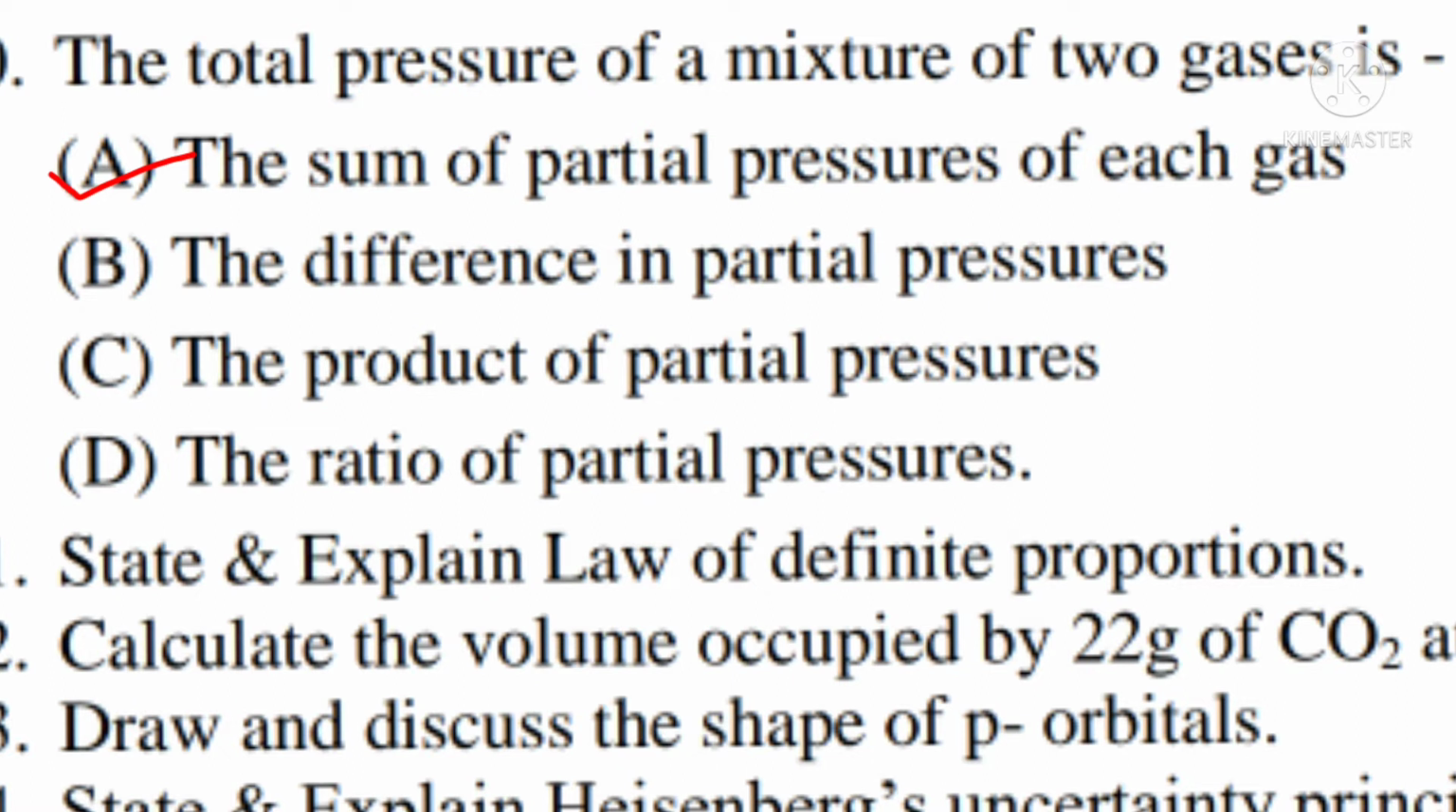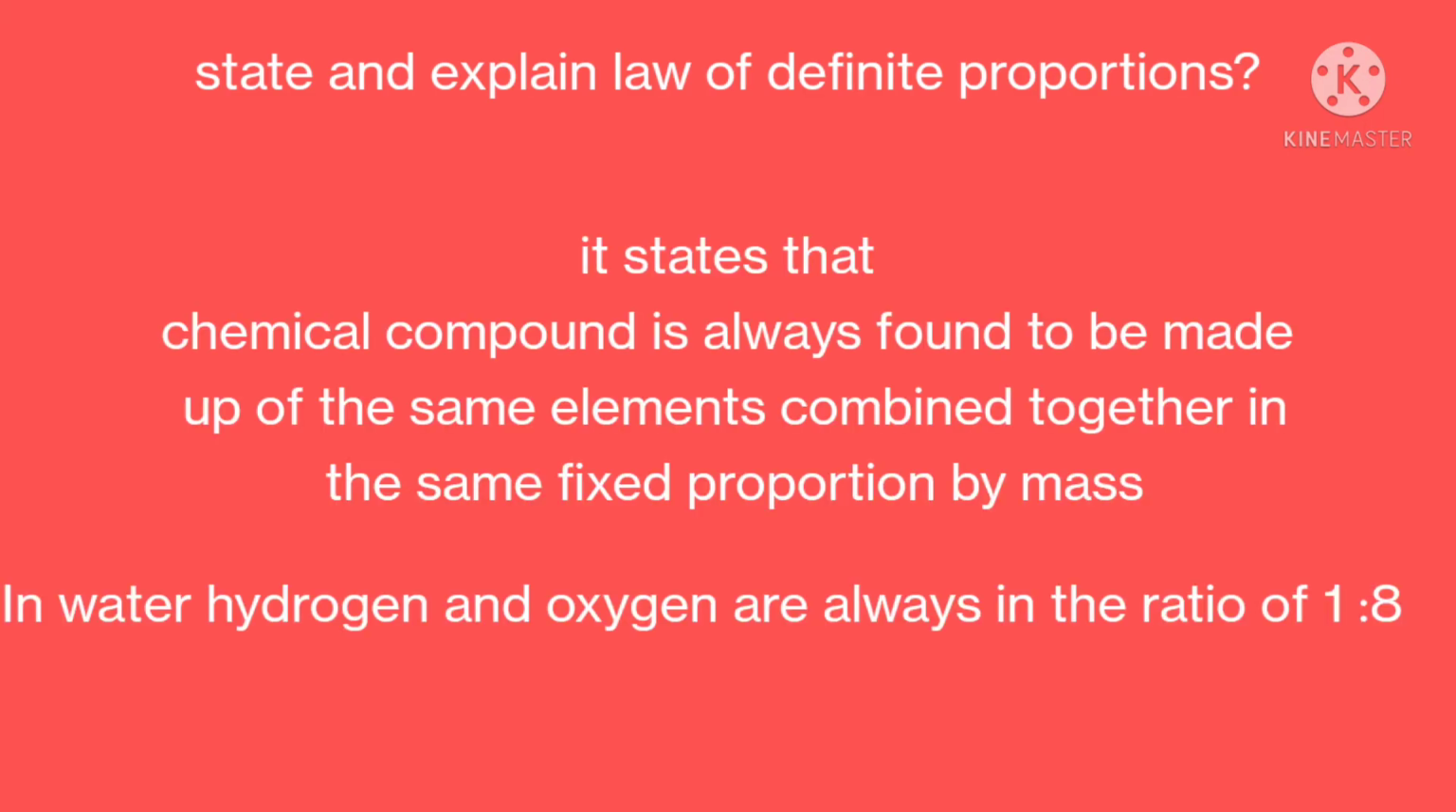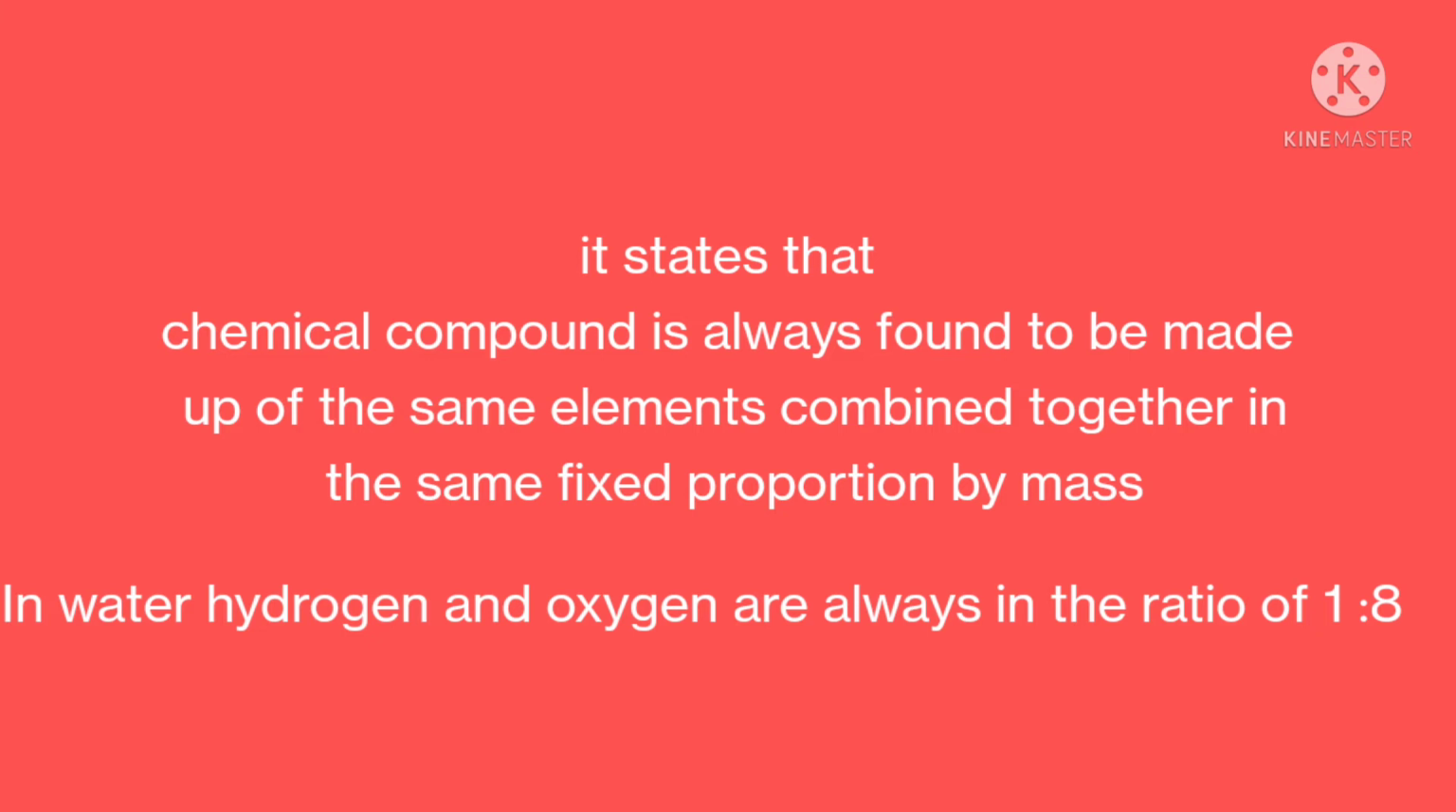pressures. State and explain the law of definite proportions. So it states that a chemical compound is always found to be made up of the same elements combined together in the same fixed proportion by mass. In water, hydrogen and oxygen are always in the ratio of